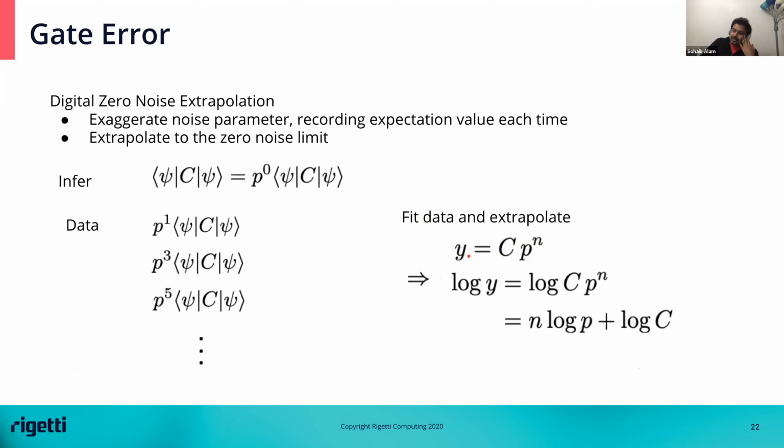Right now I could work out a few properties about the depolarizing channel and exactly work out that if I put everything on the logarithm scale, then this looks like the equation of a straight line. But if I knew nothing about my channel or the noise properties, then I could just start off with some